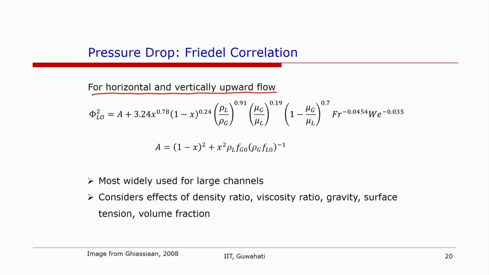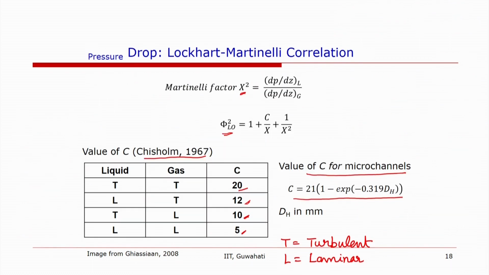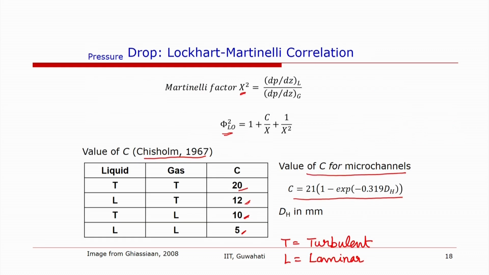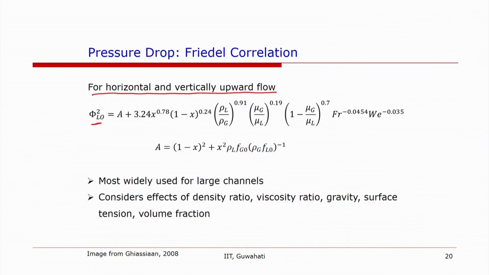So this expression, you see the two-phase multiplier. We are still using the same correlation like this, where we have to have a two-phase multiplier. This two-phase multiplier is defined by Friedel, which is 1 plus a plus 3.24, and it is a function of x and 1 minus x, where x is quality, then the density ratios, viscosity ratios, and